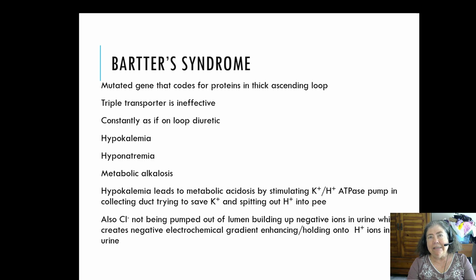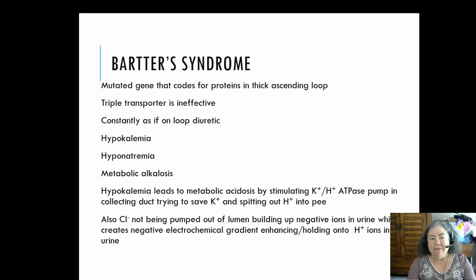And that means that the patient with Bartter's syndrome is effectively on Lasix all the time without Lasix. So they need to drink more because they pee more. They lose potassium, they lose sodium. Over time, they can become alkalotic, and this has to do with a mechanism further on. In the collecting duct, there's a pump that exchanges potassium for hydrogen ions, and because we